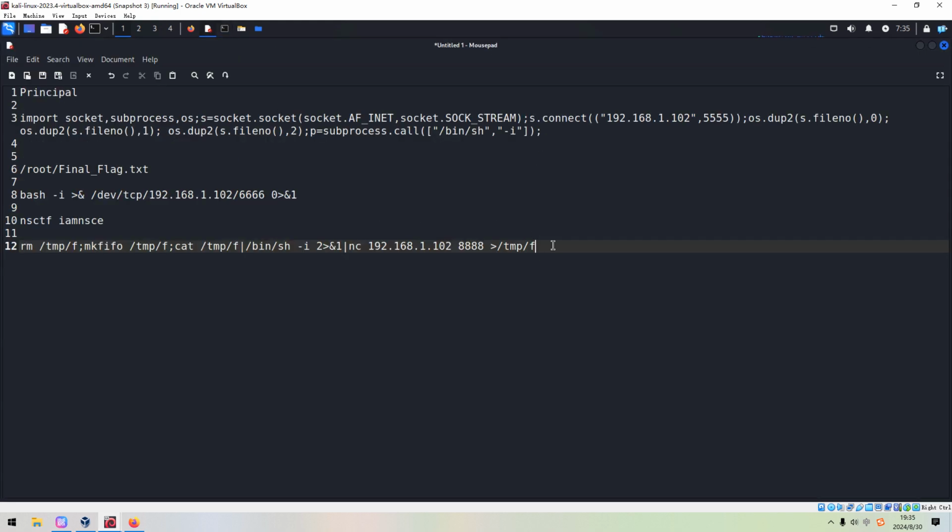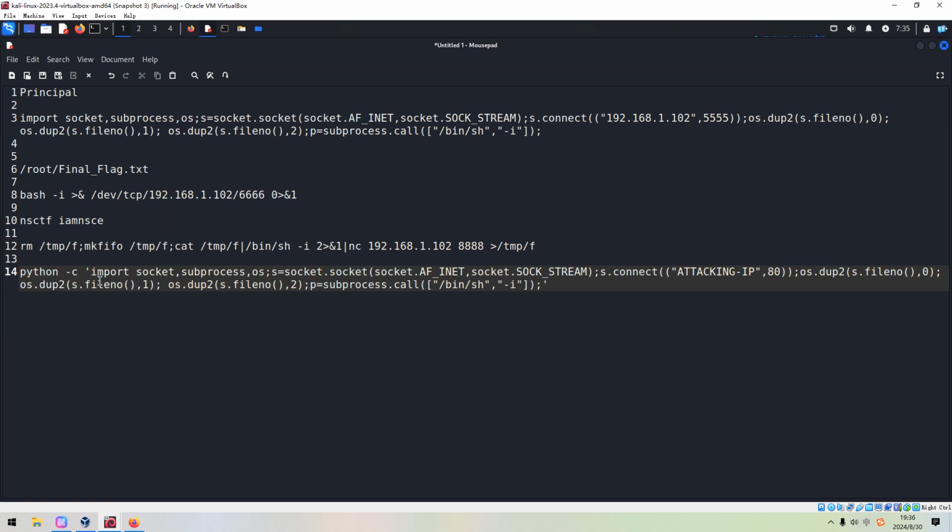I can put it over here, and of course I think we need to escape. We can copy, and the port number, and then it should be all right. But this one we need to escape. Also escape these double quotes.